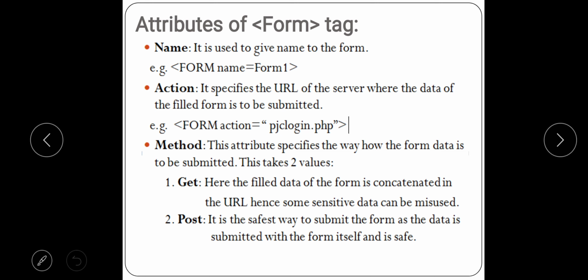So the next method is post. Now what is post? It is the safest way to submit the form. Why? Because the data you are submitting is carried with the form itself, and it is not shown in the URL. So even if somebody is trying to hack your data, or somebody is trying to look into your data, he won't get your data. So your data is safe. So what we saw is that in the method you always have to use the post method. By default, what is the method? It is the get method, right? So let us move to the next slide.